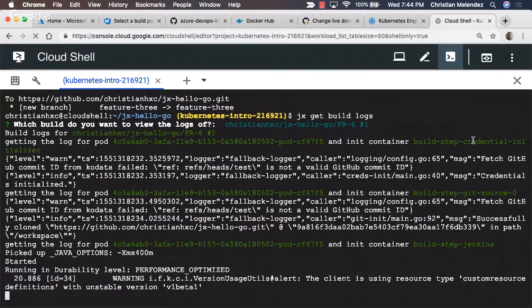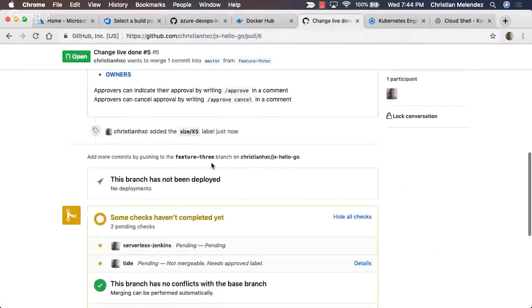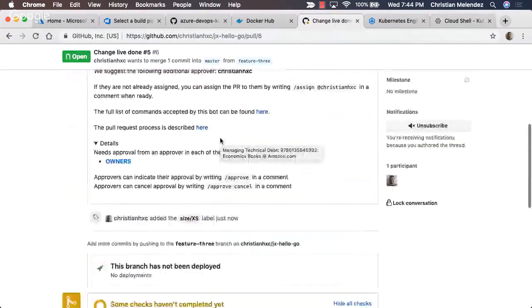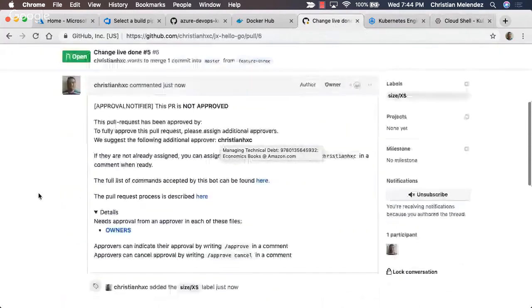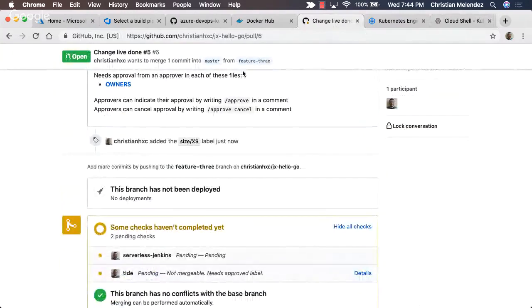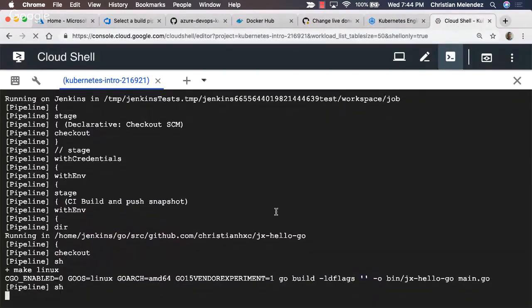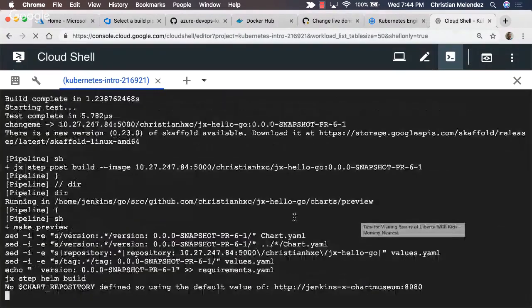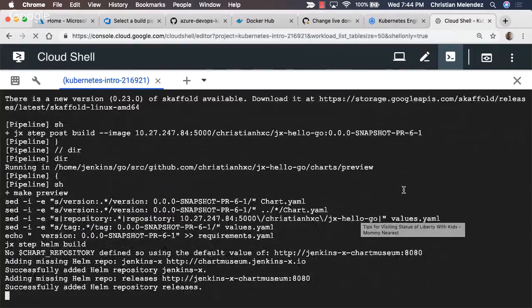It is creating the preview environment, so that when it finishes, Jenkins X will automatically add a comment here with a link to the preview environment. So I can be sure that it is working. You can see it is not taking that much time, and it's going to finish in a moment.